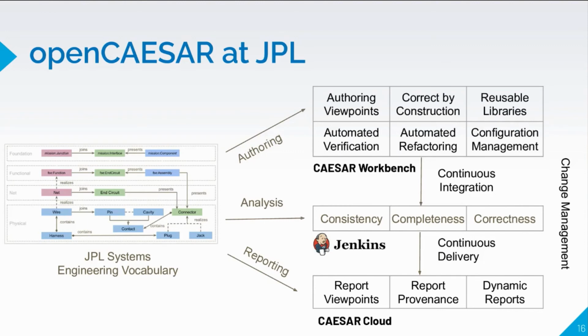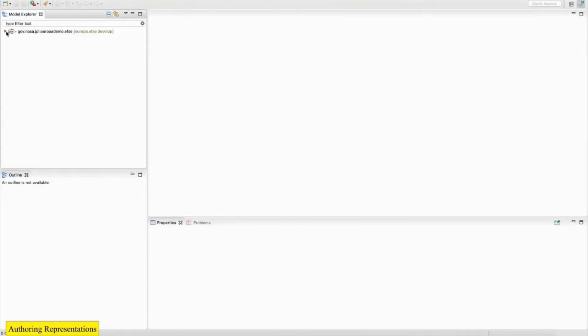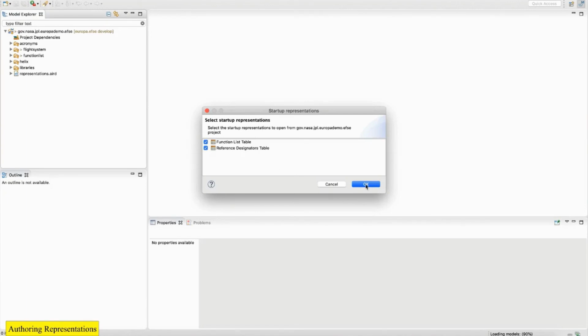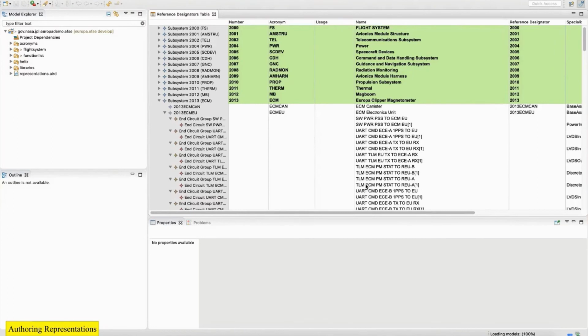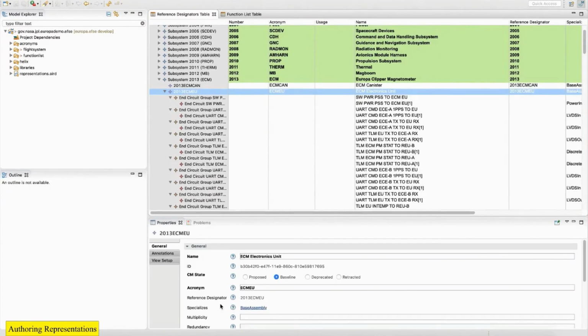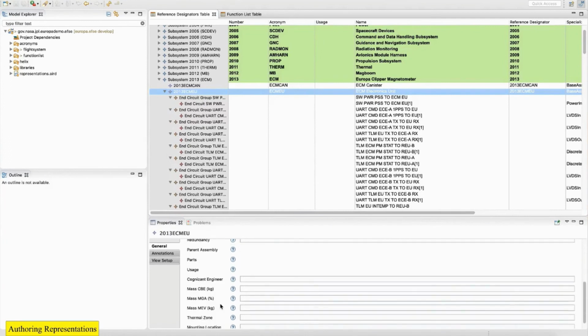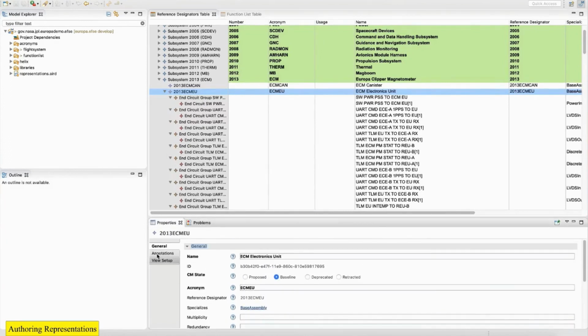Yeah, so I just want to show you quickly what this workbench looks like at JPL that we built. Since they were users of Excel, we built for them tabular viewpoints with property sheets that allow them to be very specific about modeling their system.